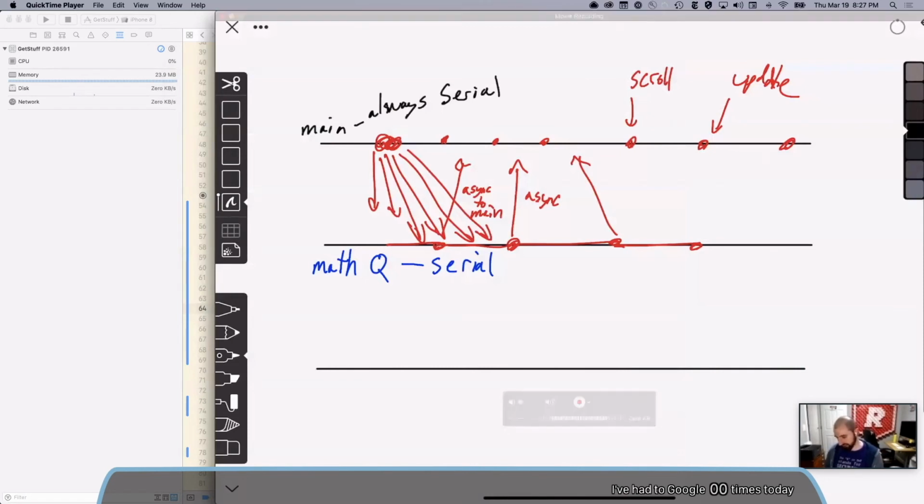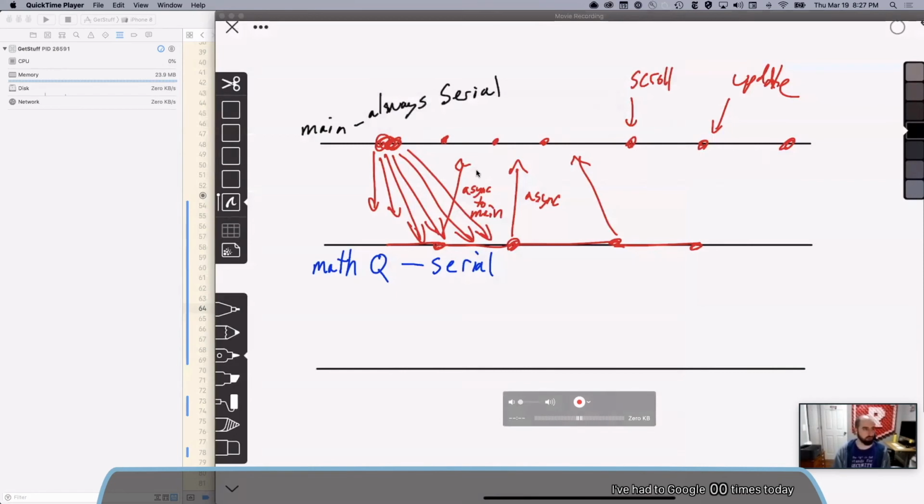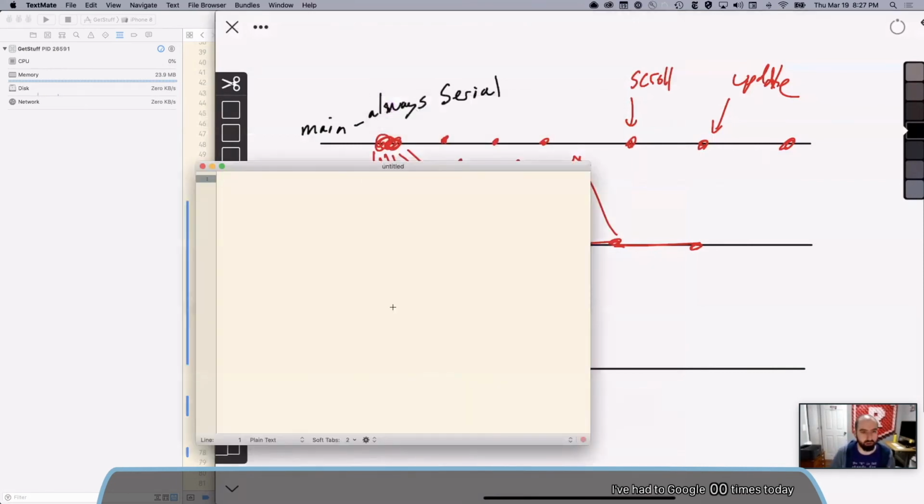So we're going to be making just one more little pedantic point on that. The main thread and main queue, you'll often hear them used interchangeably. Remember that purple warning from before said you have to do UI updates on the main thread, and that's true. There's a weird little wrinkle to this, though, which is, if I can get a text editor up, I just want to write it out so it's totally clear.